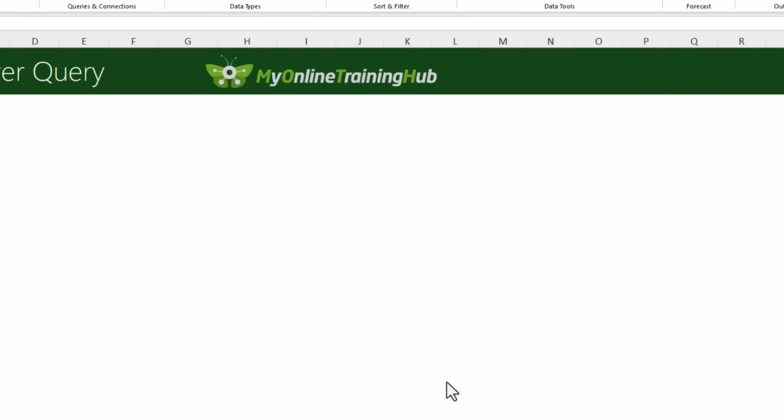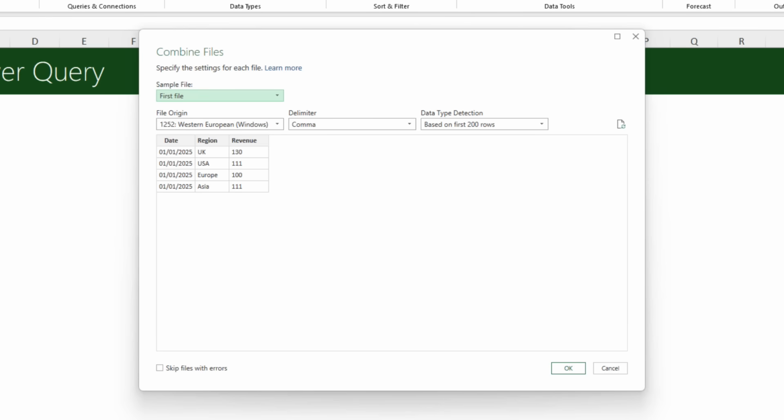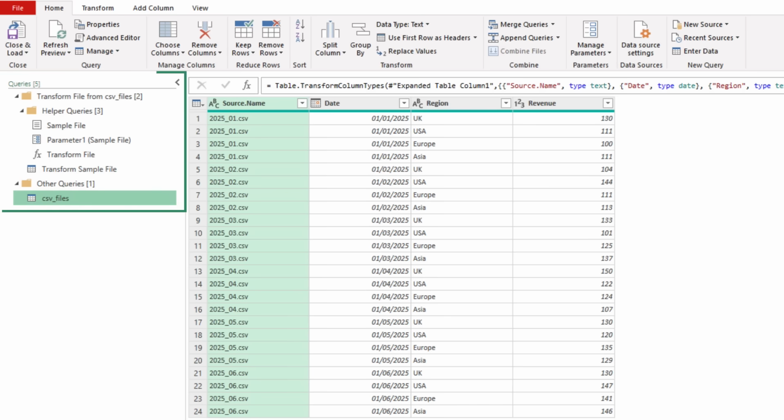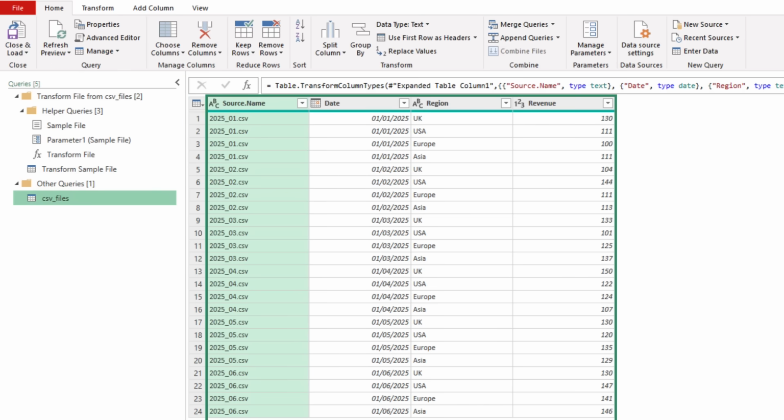This is going to open the Power Query editor window, and we'll just have a quick look at what options are available. The first thing it asks is whether it's detected the region correctly, and we get a preview of the data here. It looks fine, so I'm going to click OK. Here in the Power Query Editor window on the left, we have the queries that were automatically created to combine the files. In the center, we have a preview of the data, and you can see here we've got the data from each month's CSV file.